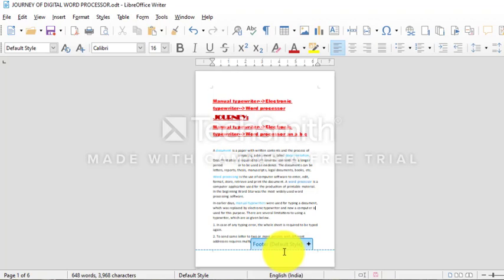Headers appear at the top of every page and footers appear at the bottom of every page. Headers and footers are specified by page style. Therefore, all the pages with the same page style will display the same header and footer, right?